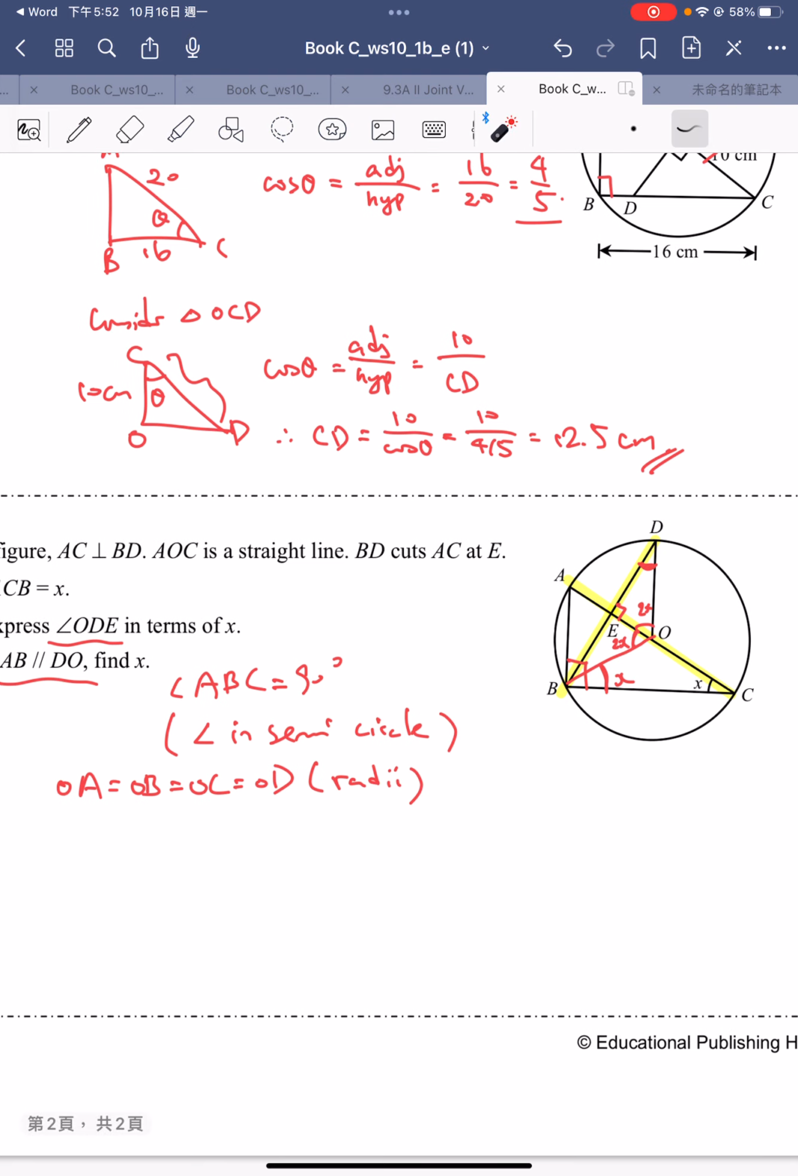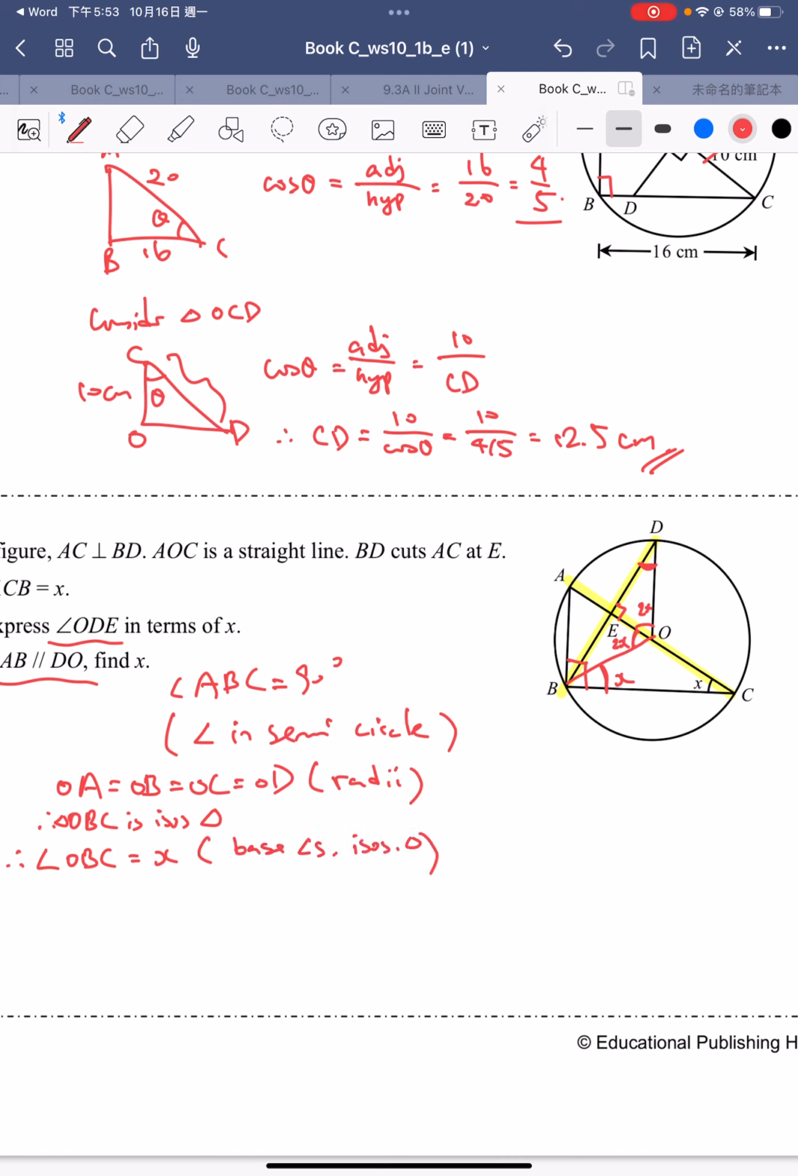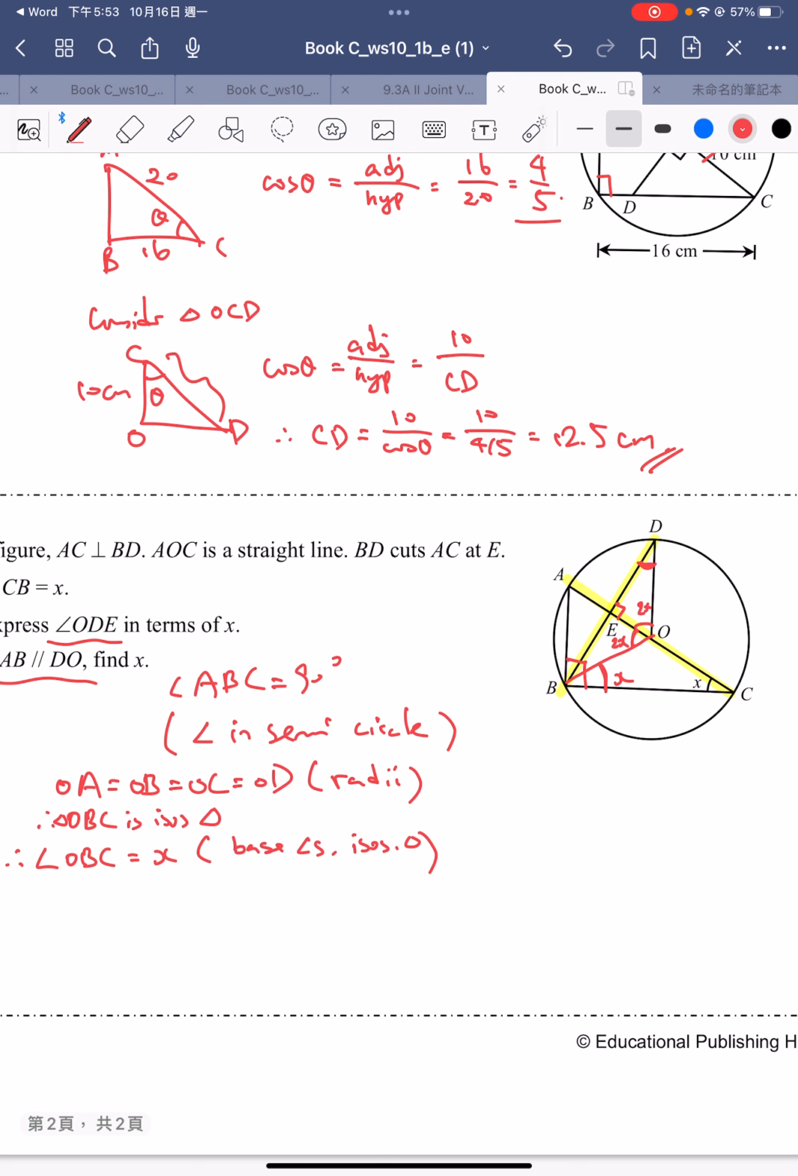So now we can say that the OB is equal to OC, so the triangle OBC is the isosceles triangle. Then we can say that the angle OBC is equal to x. And the reason for that is the base angles of isosceles triangle. And after that, we can use our exterior angle to say that the angle,